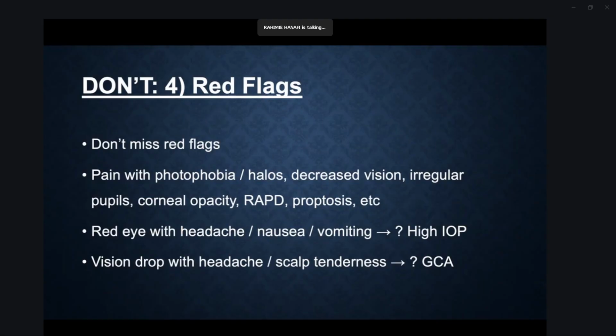Then decreased vision, especially a sudden massive drop, please do not miss it. Then irregular pupils may be posterior synechiae, like what we mentioned just now. Then any corneal opacity may be a corneal ulcer, be it fungal or bacterial, it doesn't matter, but it may be an infiltrate of the ulcer. Then RAPD, especially if positive. If a patient has a blunt trauma, for example, with no laceration, wound, or abrasion, just a blunt injury, but the patient has a drop in vision,